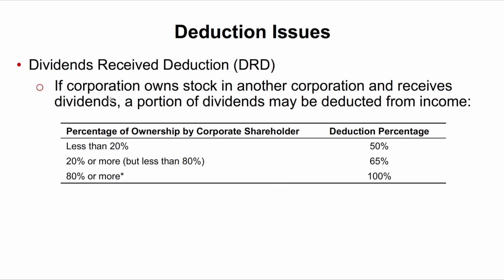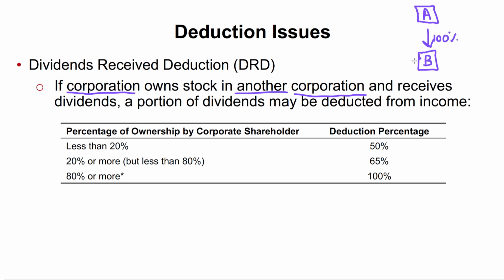Dividend received deduction. What is this all about? So if a corporation, has to be a corporation, okay, if a corporation owns stock in another corporation, key in on that. So a corporation, we usually denote that by a square or rectangle. So we'll say Corporation A. Sorry about that, it's supposed to be a rectangle. If Corporation A owns 100% of Corporation B,